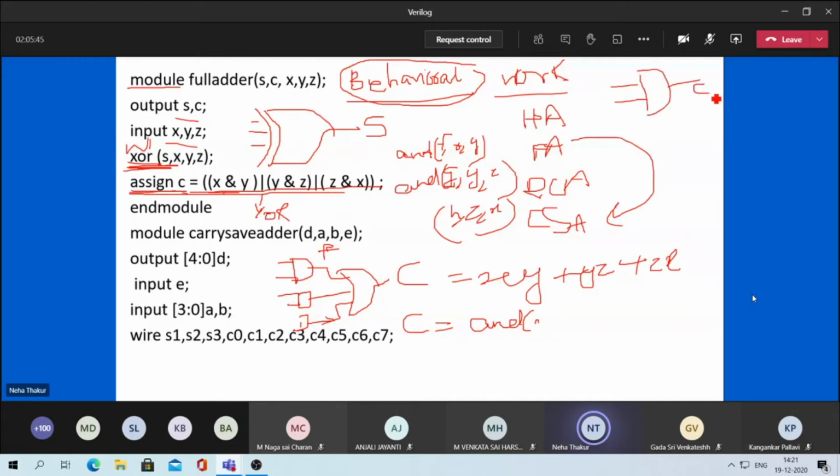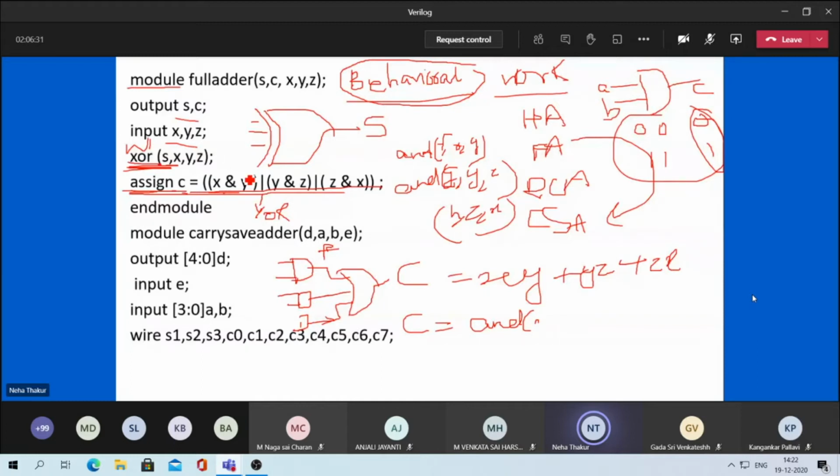Suppose you want to know the AND gate behavior. Suppose C is the output, A and B are the inputs. So how will you find the behavior? The behavior of the AND gate is when both the inputs are 0, it will be 0. When both the inputs are 1, it is 1. So the behavior is obtained from the expression. So whenever you are writing the expression, you are using behavioral level modeling. And for writing the expression, what are you supposed to do? You will write assign. Assign is the keyword. So if you write assign C is equal to this, that means C is assigned the value which is given on the right hand side.